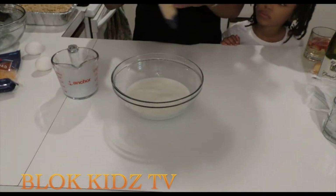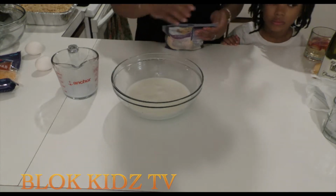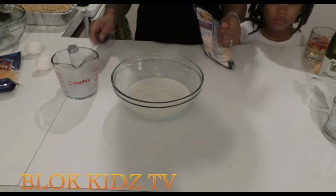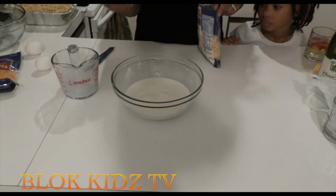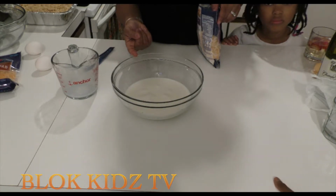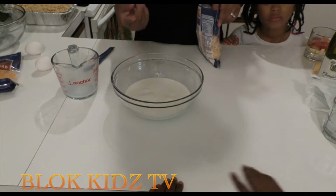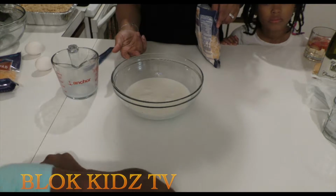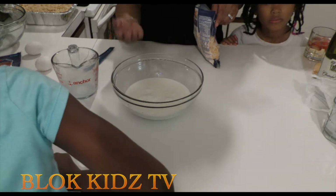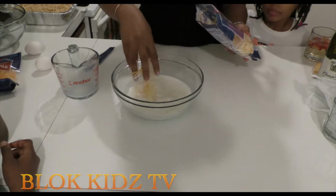But what we're going to do, we're going to add some Colby cheese and some cheddar cheese. So that's where the 4 cheeses come in. So far we have smoked cheddar cheese, then the New York cheddar cheese, then some Colby Jack cheese, and some sharp cheddar cheese. So hopefully we come out with a good...